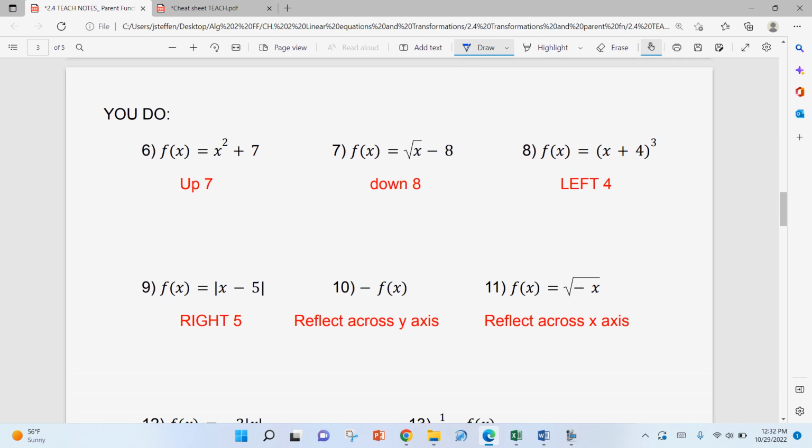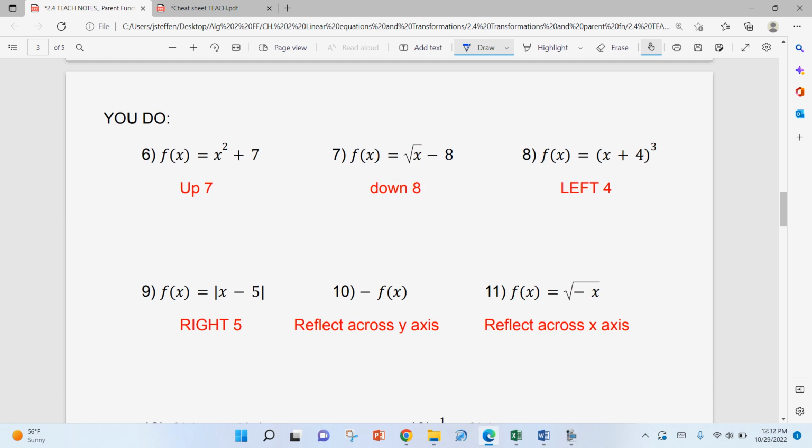So go ahead, you probably see the answers, but pause it and do 6 through 11 on your own. Check your answers. Again, there's not a lot for me to explain, but if you have the right answers, you can fast forward through this next minute. But pause this and do it on your own to make sure you know how to do these without just looking at the answers. So 6, it's outside the